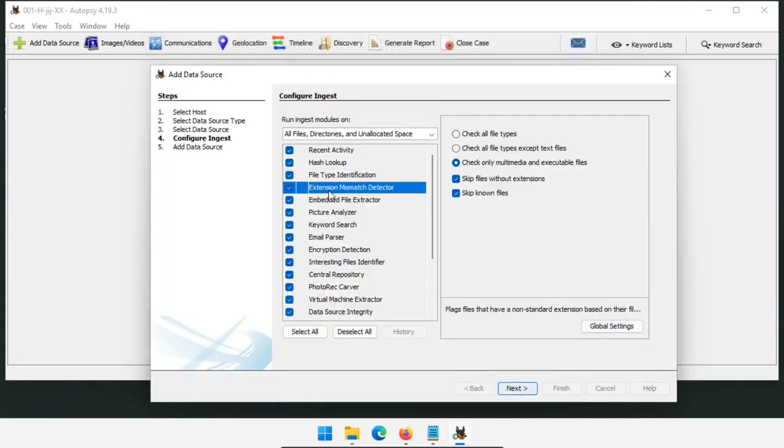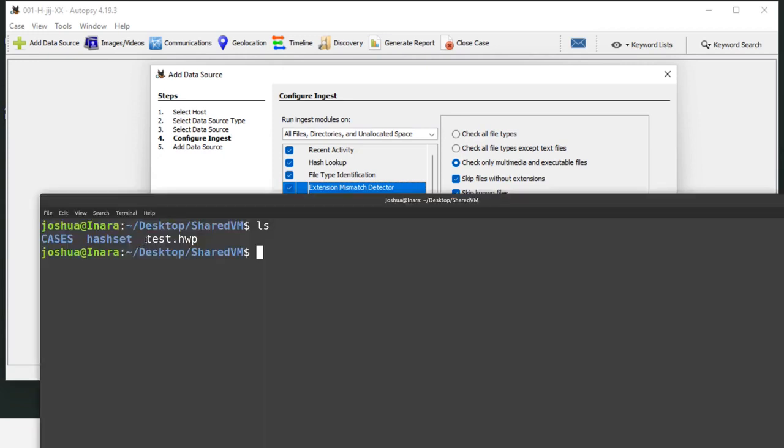Next, we go into extension mismatch detector. And this one's a little bit easier, I think, to understand. Basically, we have a file signature, and then we also have a file extension. So next I have test.hwp. An HWP file is a Hangul word processor file. It's basically a doc file for Korean characters. If we do file -i test.hwp, I can see it's an